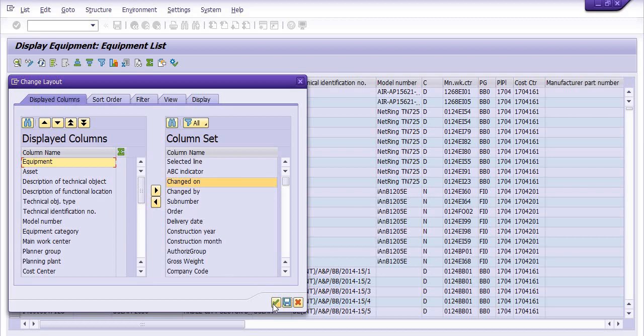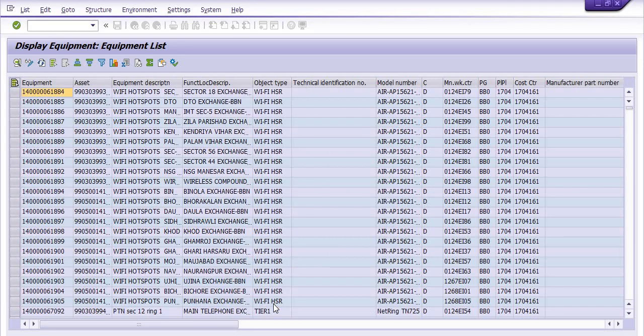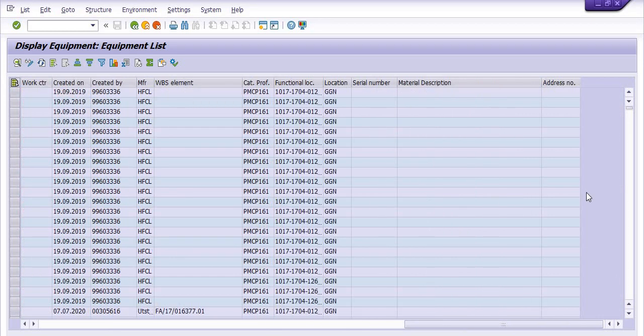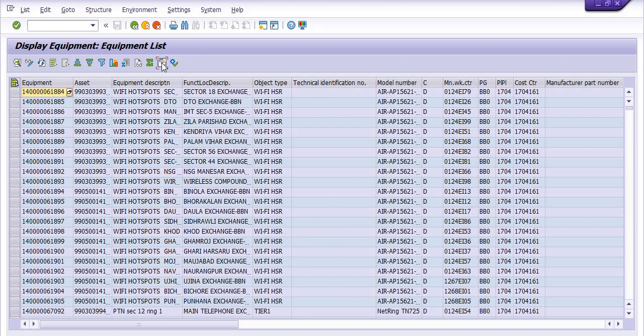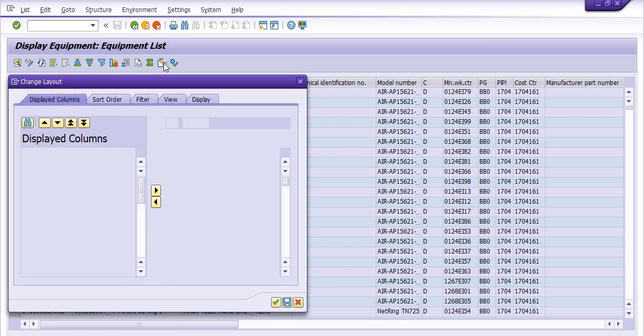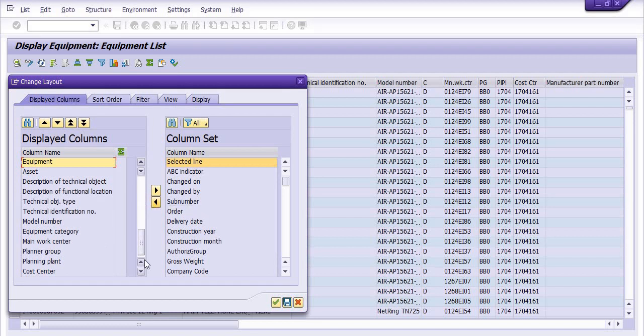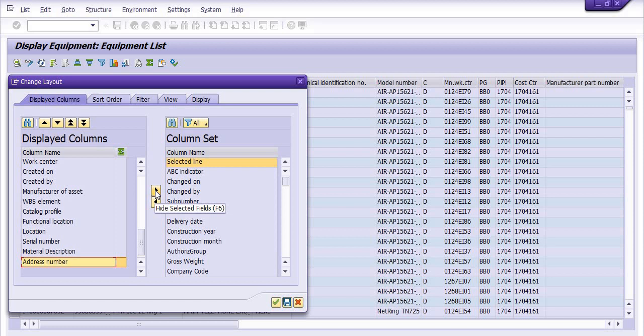I have included the address field, and it is updated in the last address number column. If I don't want to include it, I select the address number and click on hide selected fields.